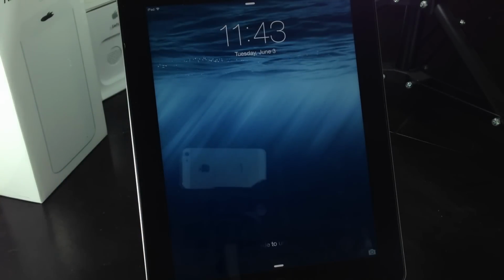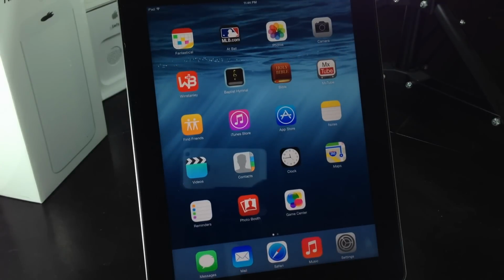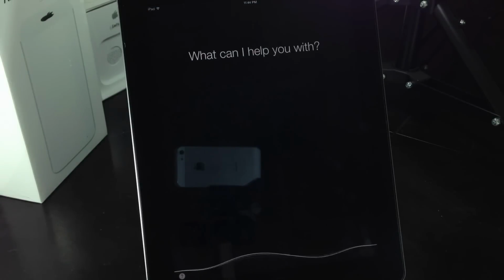Also, a cool feature that Siri has now is built-in Shazam. Say you hear a song that you'd like to remember, say you're listening to a song on the radio, you don't know who this artist is, and so let's start playing a song here. Hit Siri, and now Siri